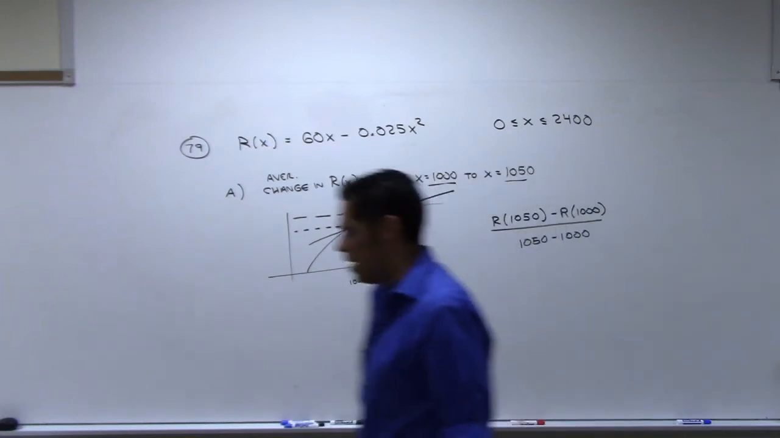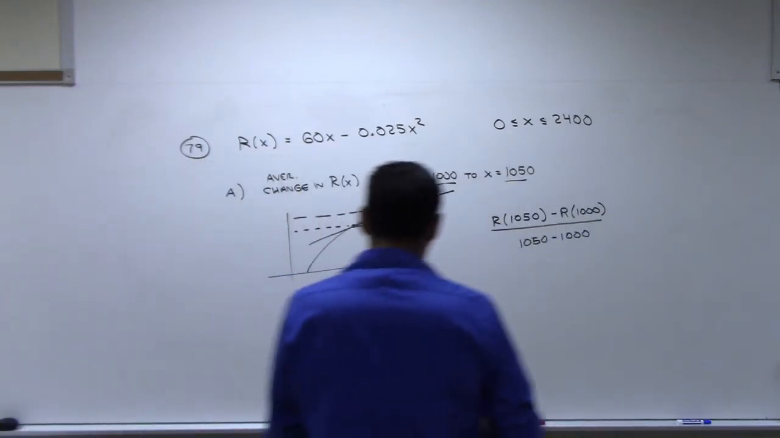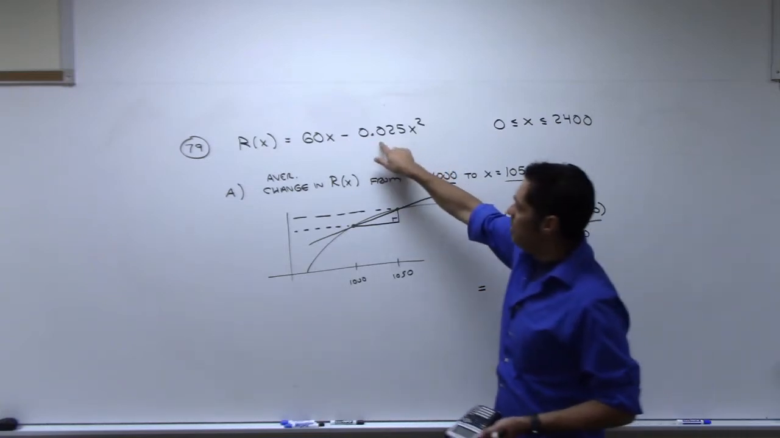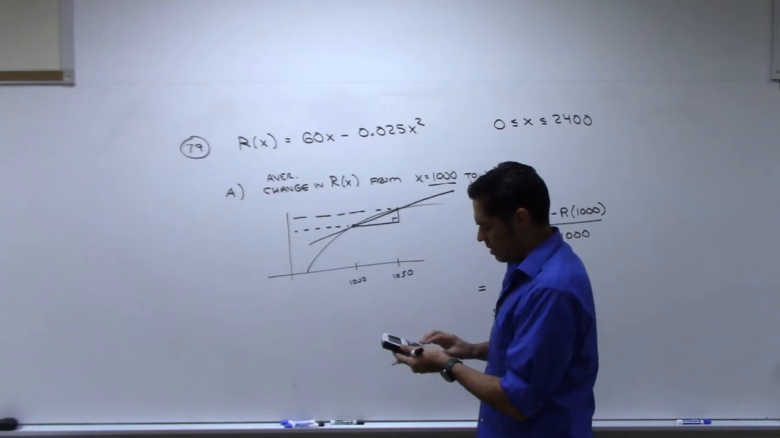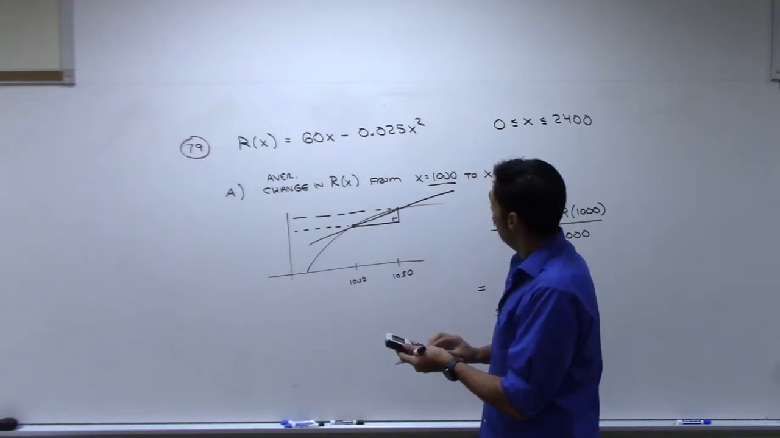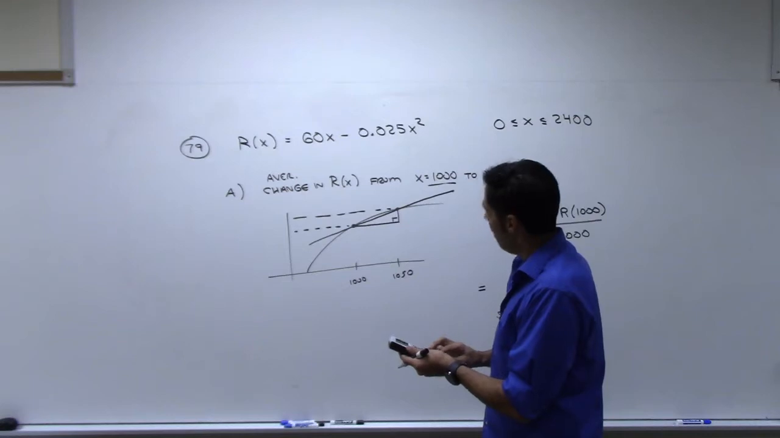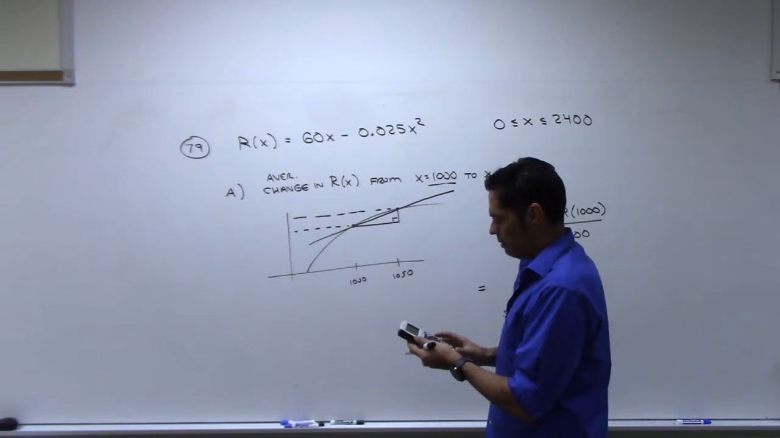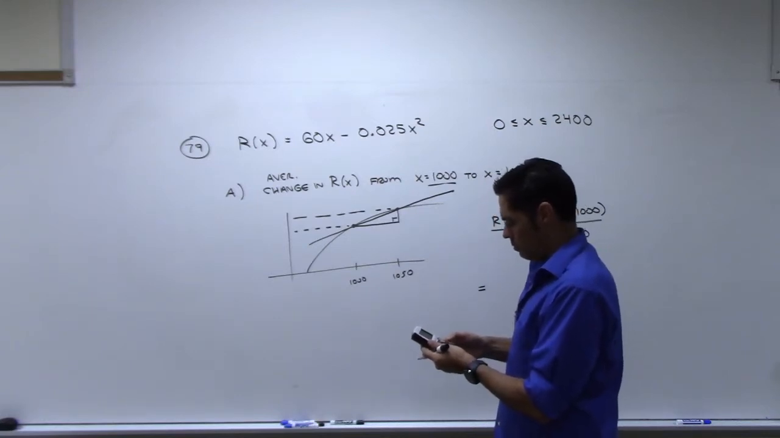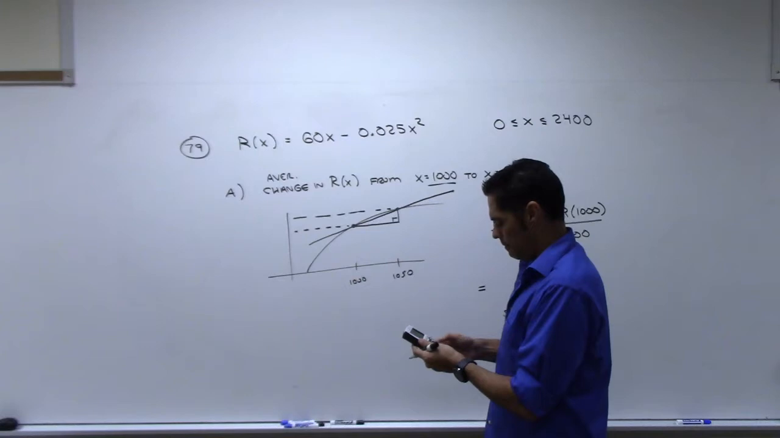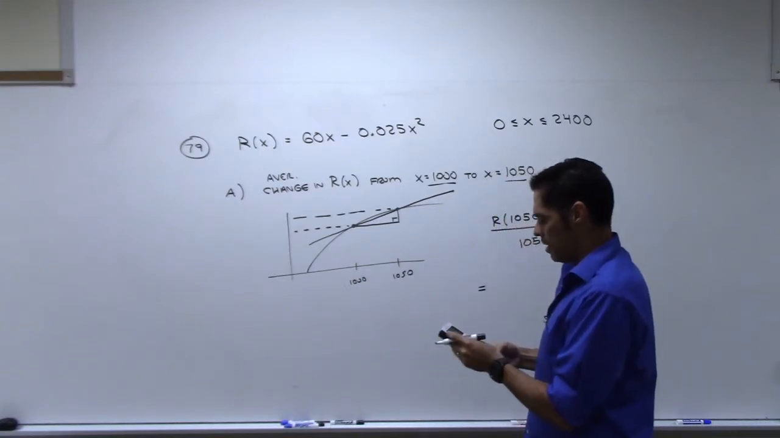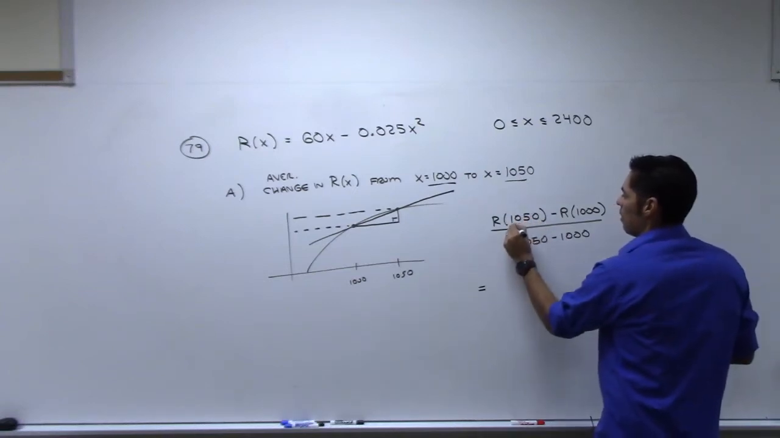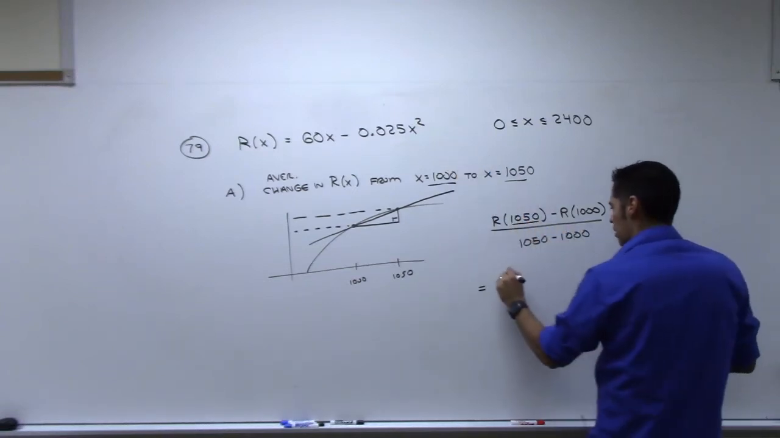Now, I probably need my calculator for this. I need to actually plug 1,050 into here. So I'm going to go 60 times 1,050 minus 0.025 times 1,050 squared. Make sure I type that in all right. Okay, looks good. So plugging this number into that function, trusting you can do that on your calculator,